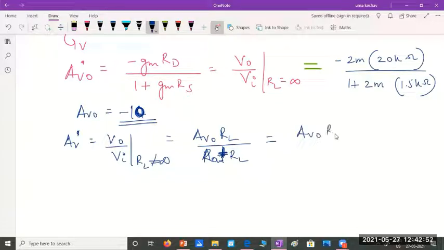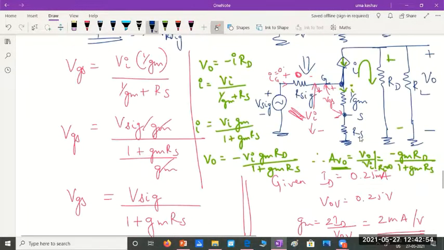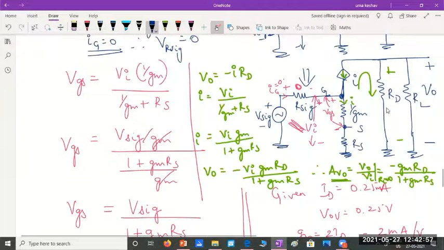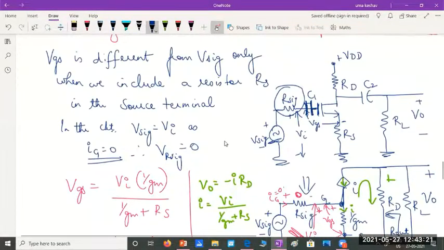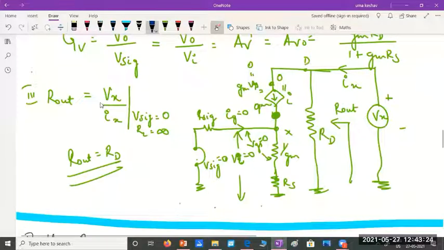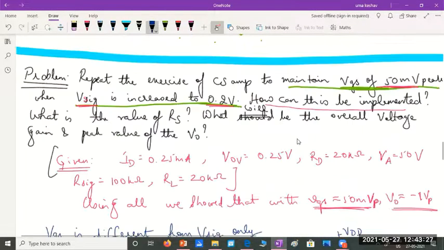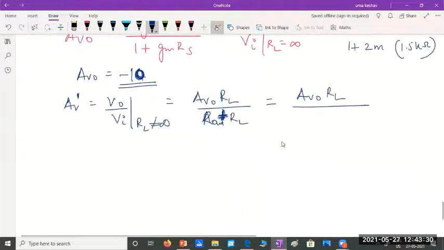What will be the value of R out in this? We had found it. R out will be the resistance as seen by removing RL. So what will be the resistance seen here? We had shown this current source will be open. So these resistors will not have any value because they are in series with an open circuit. So the only value of R out will be RD. Yes or no? It was proved in the previous class. R out is equal to RD.